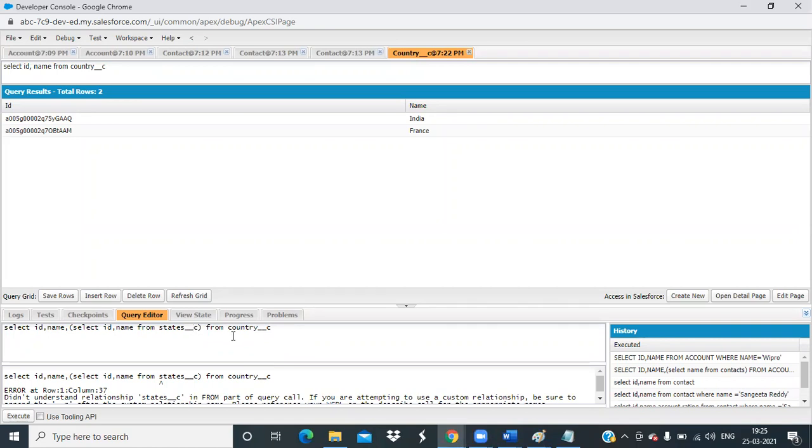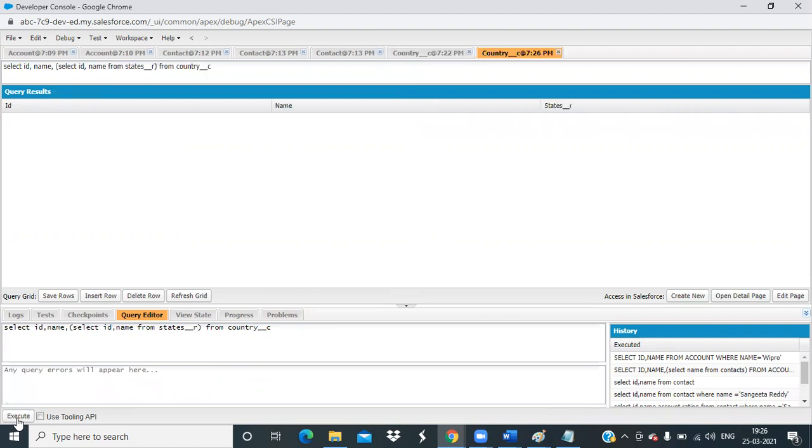So this is the difference between custom and standard objects. In case of standard object, we need not suffix anything, but in custom object, in a normal scenario also we need to suffix underscore C, and when we are writing the relationship queries, we will write underscore R. So now we are getting the data of the states.